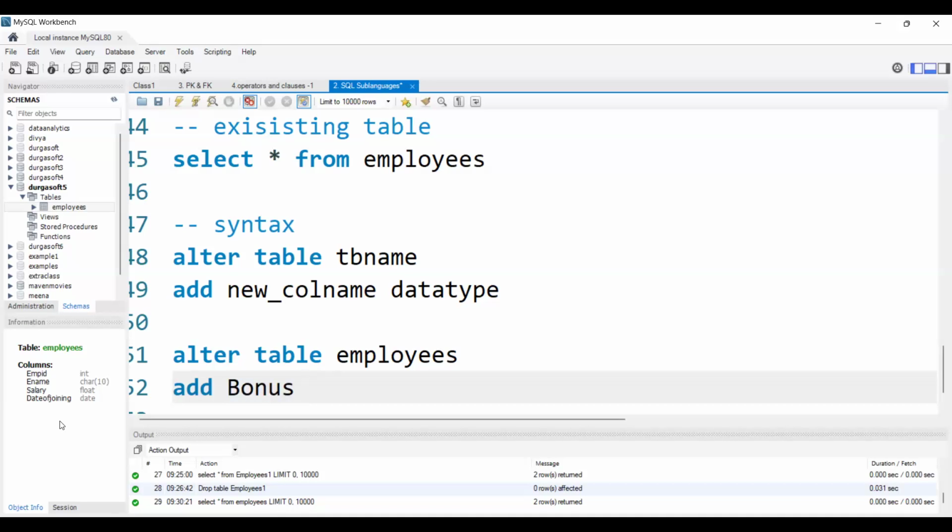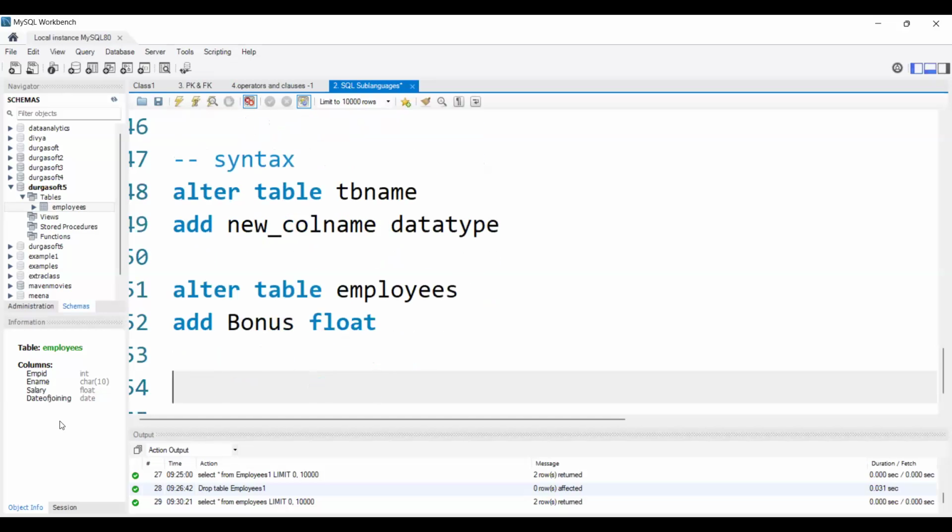Inside the bonus, maybe we will have all numbers only. So I can give the float data type here because it will accept decimal values also, right? So this is how we will add a new column in the existing table by using the alter command.